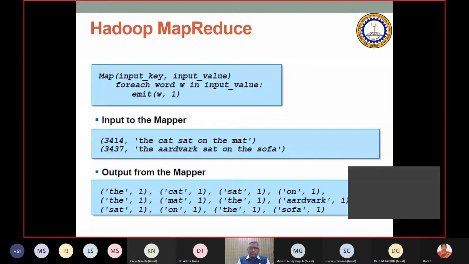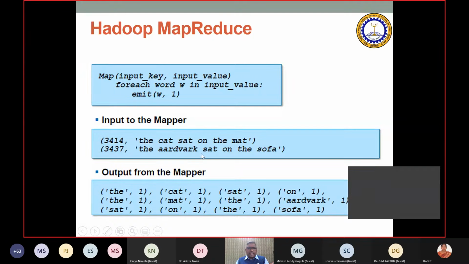Now, I want you to not only count how many words are there, but how many times each word is coming. Let us take an example: the cat sat on the mat. If I want to count how many times each word has come, the has come 2 times. Cat has come once. Sat has come once. On has come once, and mat has come once. So that is the kind of thing that we can look at, right?